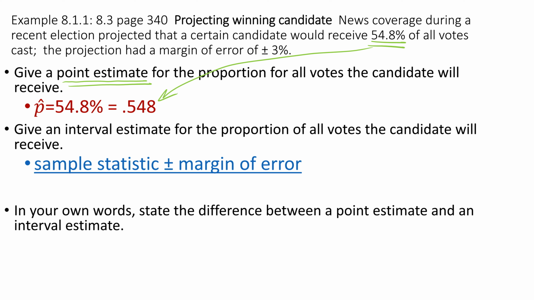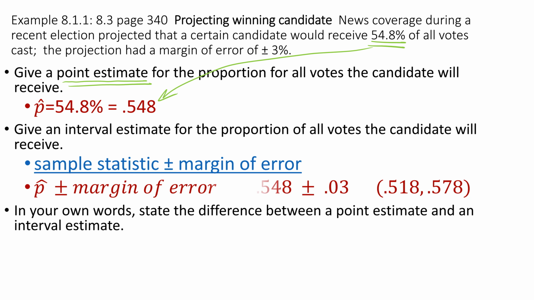The second question is about the interval estimate. So first we want to find the sample statistic. Then we want to find the margin of error. The sample statistic is the p hat. And the margin of error can be found from the given information above. And this is called the lower bound. It is calculated as, and the upper bound is calculated as